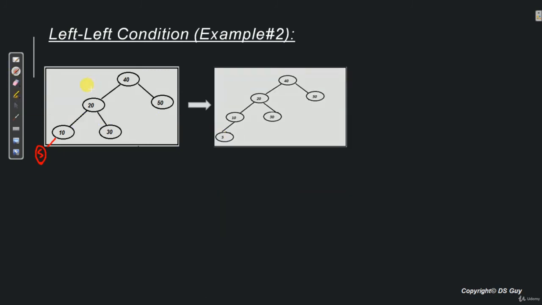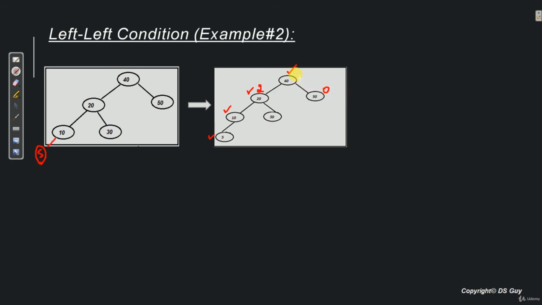So we are good till here. Now let's see, do we need any rotation? So is this node balanced? Yes, because it is a leaf node. This node is balanced? Yes. Left is 0, right is minus 1. So we are fine. Is this node fine? Left is 1, right is 0, so we are fine here. Is this node fine? No, we have a problem. So left height is 2, right height is 0. 2 minus 0 is 2, which is more than 1. So we have a problem here.